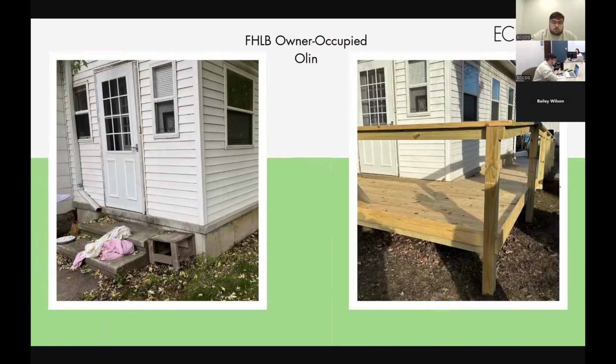So rehab can also be targeted to accessibility accommodations to age in place. This is especially important in communities without senior living apartments or assisted living facilities. And really, when you talk to them, most seniors want to age in place. They want to age where they have family and friends and other social supports in the community where they've lived their whole life. Providing some assistance to those who just need some adaptations to their house really makes a huge